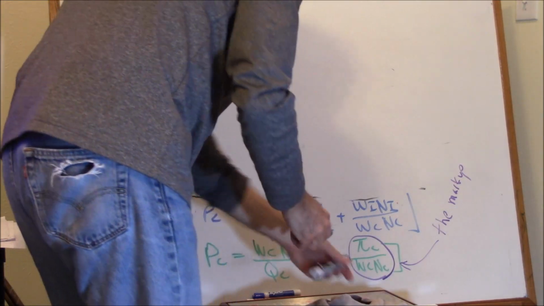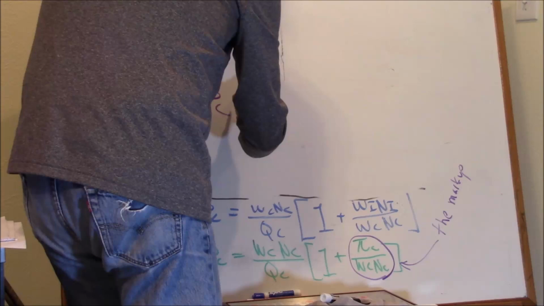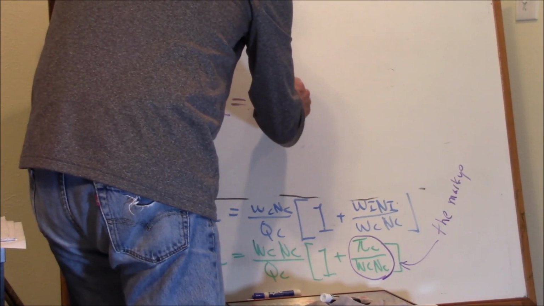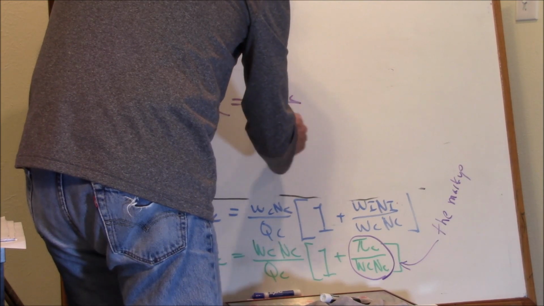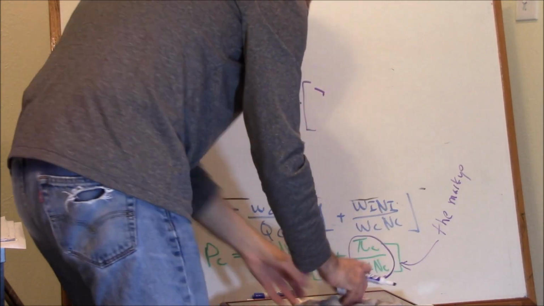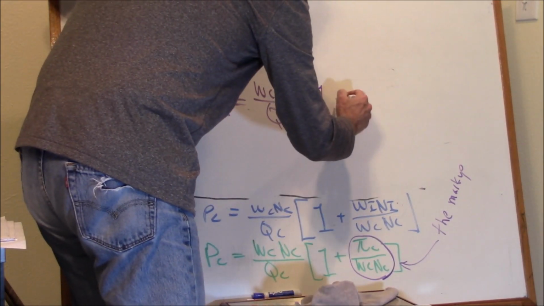And let's use Horned Frog purple. The average price level in the consumer goods sector. Oops, sorry, that should be a 1. 1 plus